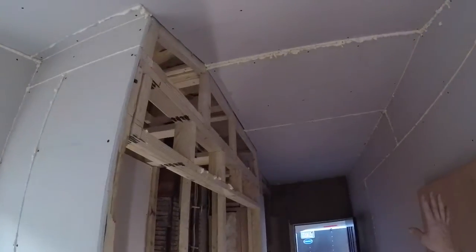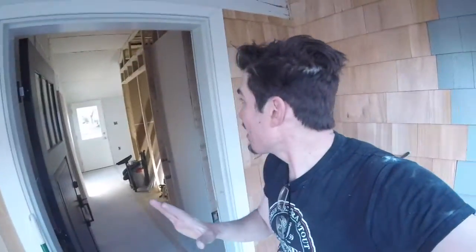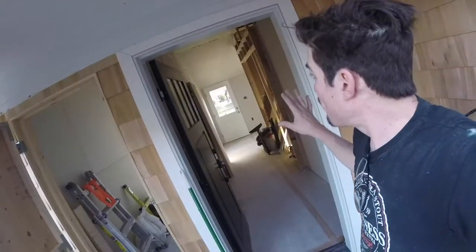Well, we've definitely got all the drywall up there. We've got some in the closet, but then we ran out of drywall. So we're going to pick up 6 more sheets of drywall before we can finish that off. But other than that, this is done, and so I think we're in really good shape for the electricians